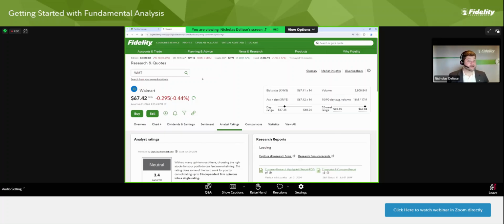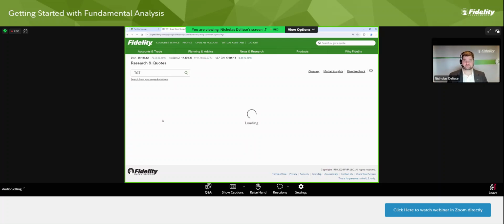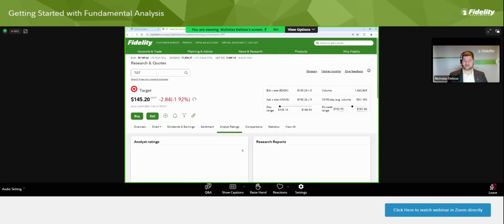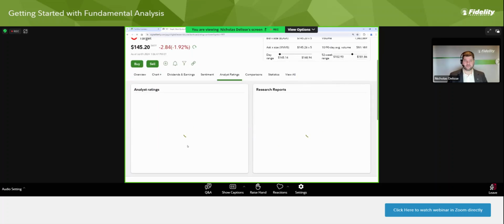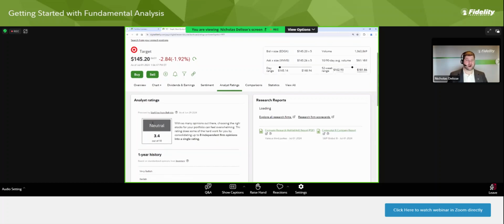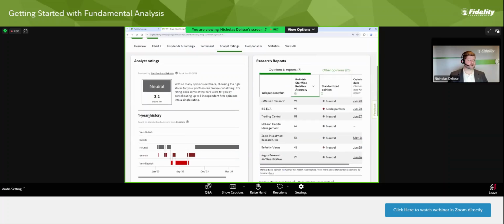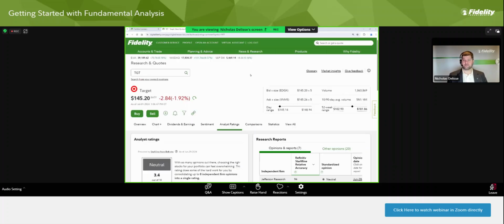Well, what's Target at? Because you only have the funds to invest in one of these three, or one of these four, one of these five companies here, and we see, as soon as this loads, we'll be able to see this 3.4. So Target versus Walmart, they're about the same, but Costco has a higher score with this, and so you might then look at allocating your capital to that versus the other. But still can answer, well, is now the time to change your allocation because trend and momentum might be something drastically different. With that, though, this really wraps up all the content that we wanted to cover today.